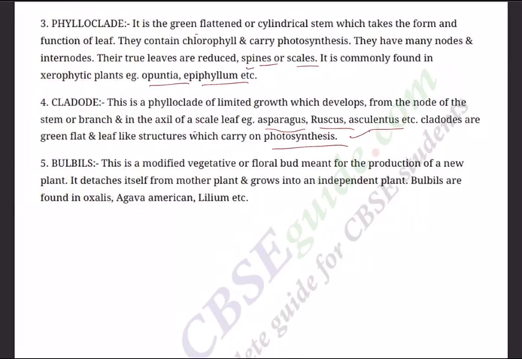Coming to the last one, bulbils. This is a modified vegetative or floral bud meant for the production of a new plant. It detaches itself from the mother plant and grows into an independent plant. Bulbils are found in Oxalis, Agave and Lilium. So these are the various modes of modifications of plants, and they help in